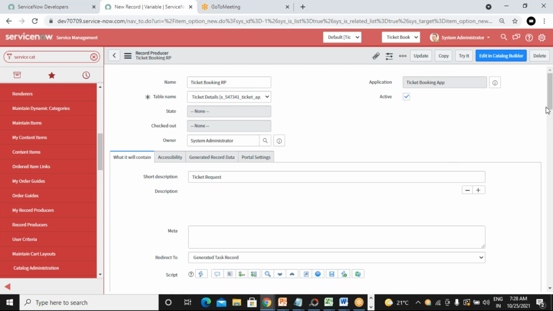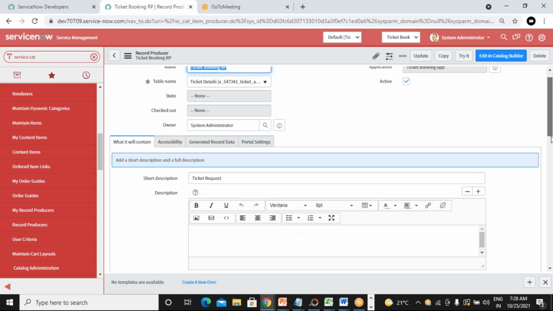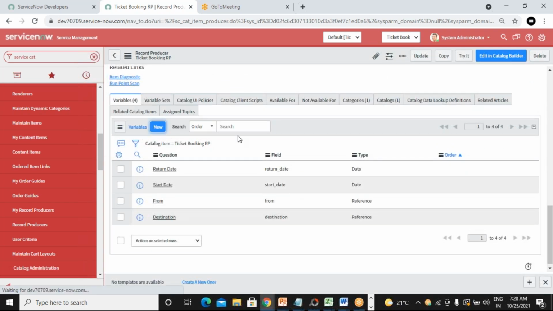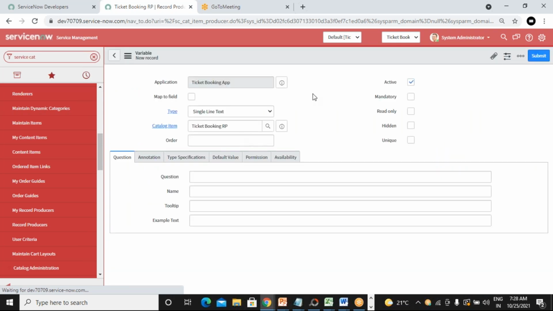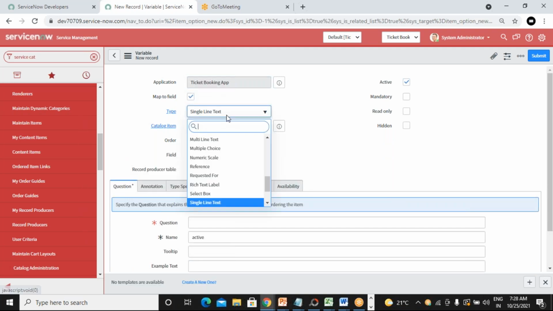So far we have created four variables: from, destination, start date, and return date. We will try to create two more variables, one return checkbox and then color. Let me create the return checkbox here. Here you can map to an existing field.